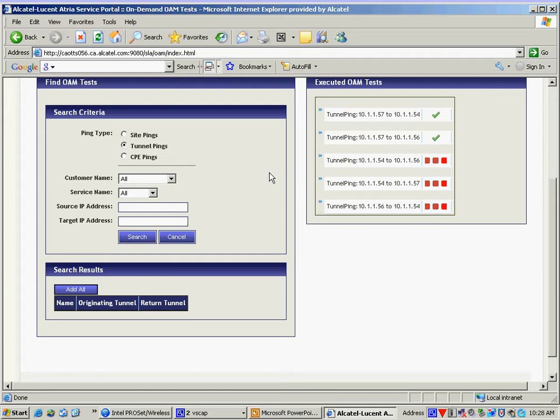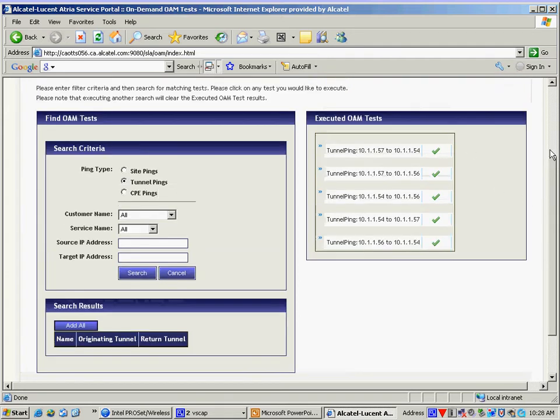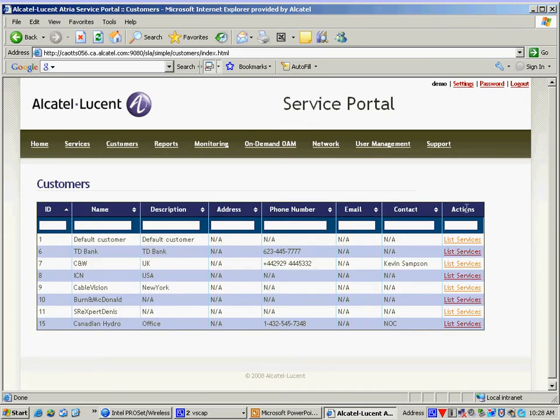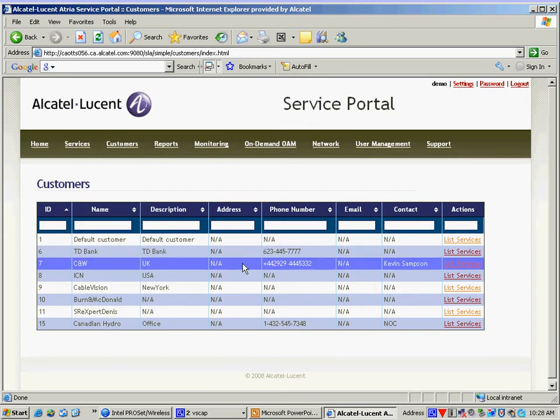Customers, you can see all your customers, manage your customers, and so on. You can see all the customers that have been provisioned in the network. You can list their services and drill down. Another part of user management is actually the language. So you can change the interface here. So if you have different